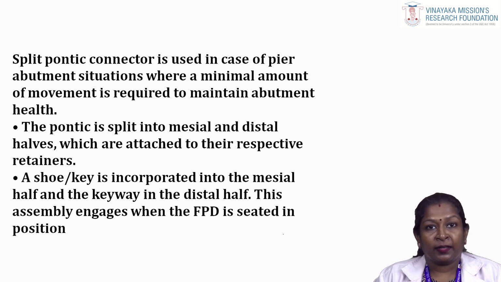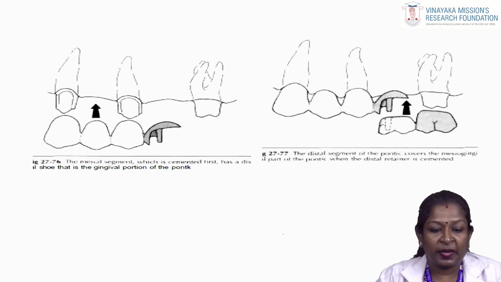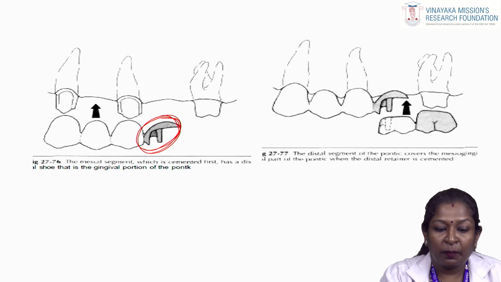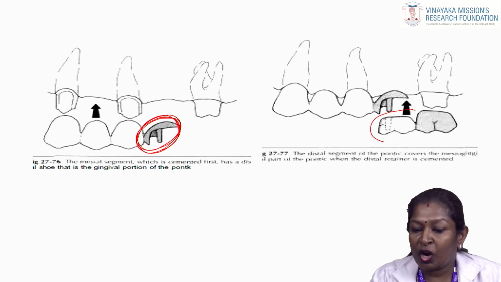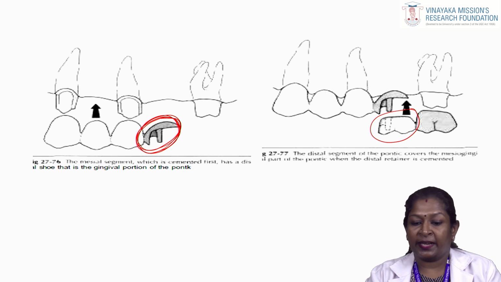In the split pontic connector, unlike the tenon mortise, we have both the male component and the female component in the pontic itself. The pontic is split into mesial and distal halves which are attached to their respective retainers. A shoe or key is incorporated into the mesial half, and the keyway is incorporated in the distal half. This assembly engages when the FPD is seated in position. If you look at this picture, you have this component, the mesial shoe, which is attached to the mesial component, and then you have the female component attached to the distal most retainer